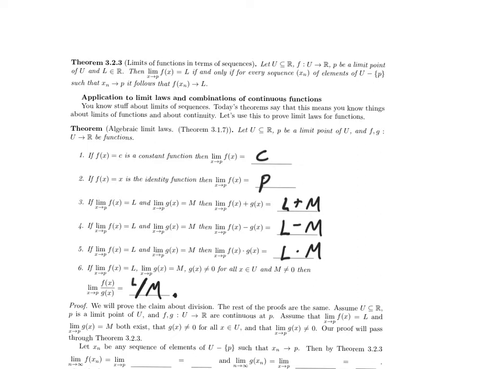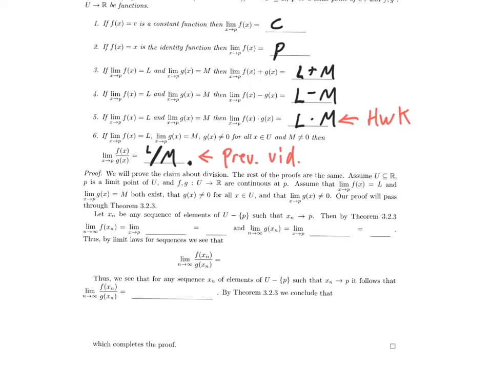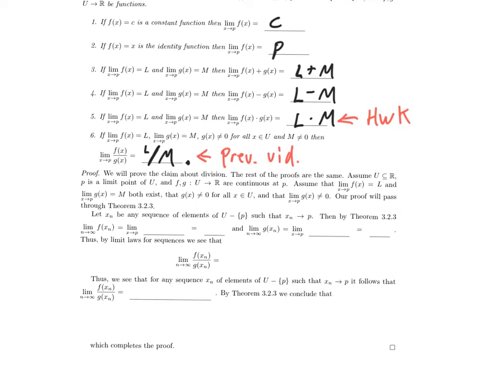So, what have you done already? You've proven this one already as homework using the epsilon delta definition. In a previous video, I went through a proof of that by doing a full-blown epsilon delta proof. I'm going to say, I already have a bunch of things that involve sequences. Let's use the things we know about sequences. In fact, I'll just prove this claim 6.